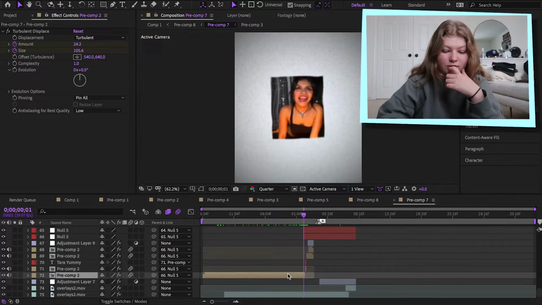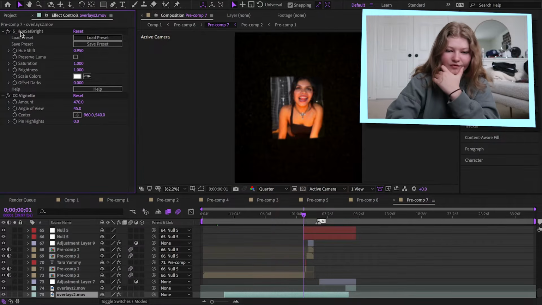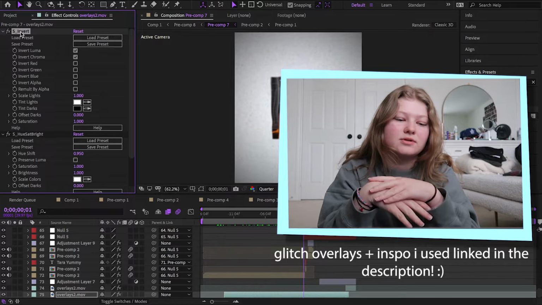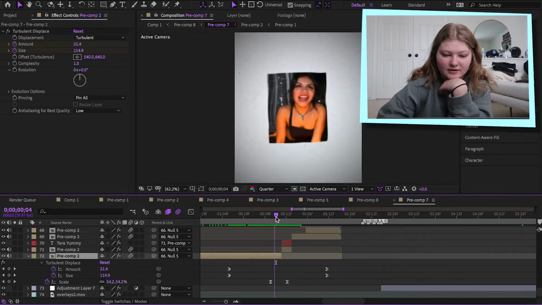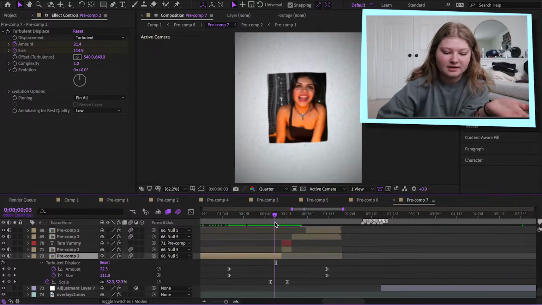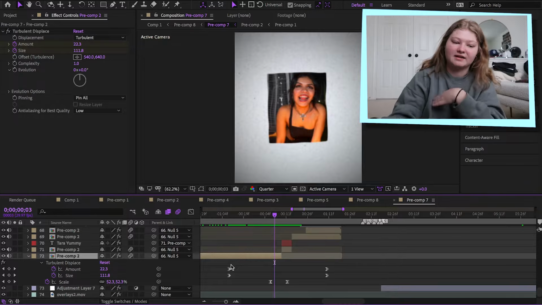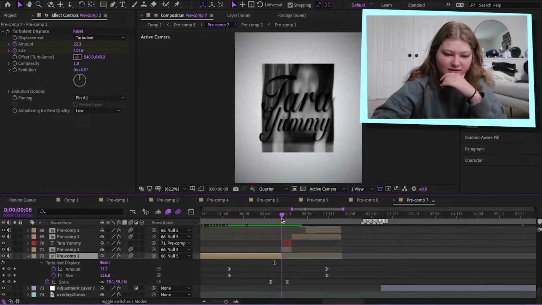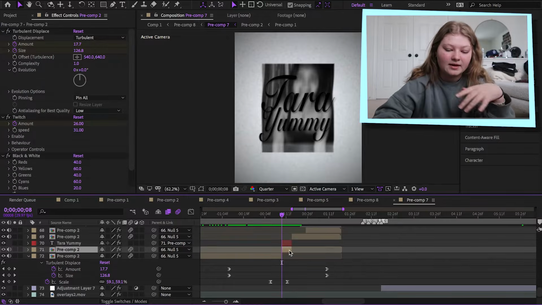So for the intro, I think this is what it looks like before I inverted it. I'll link all the overlays and stuff that I used in the description. So I added a turb, so there's a bit of movement, and here are my settings, but the video starts here, and I always drag the keyframes out of the way so it's elongated. I like a zoom in, and then I cut the clip and